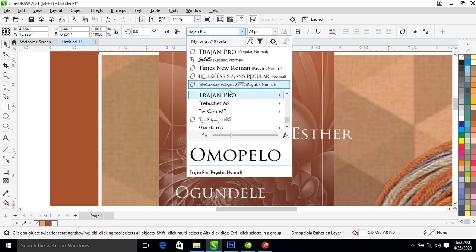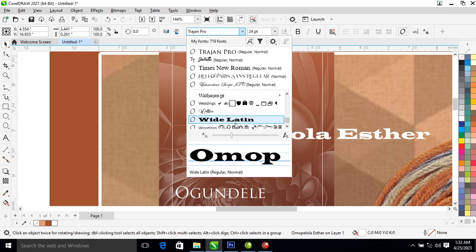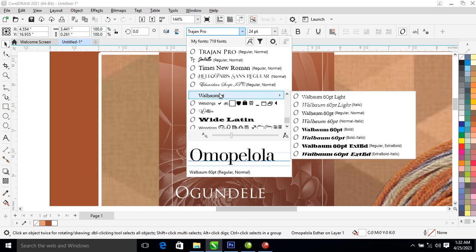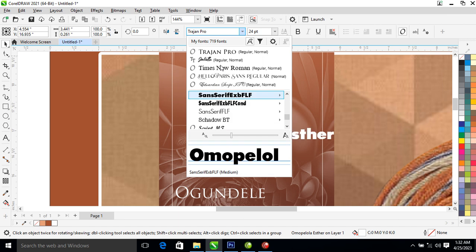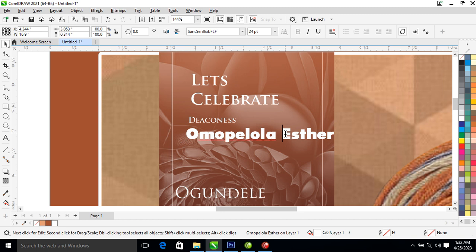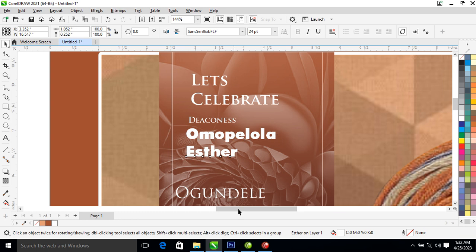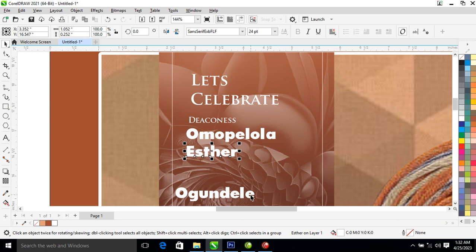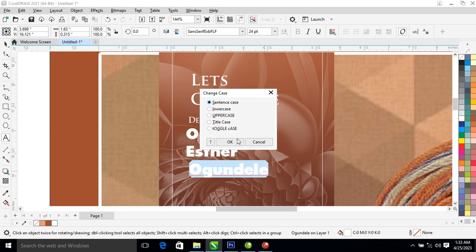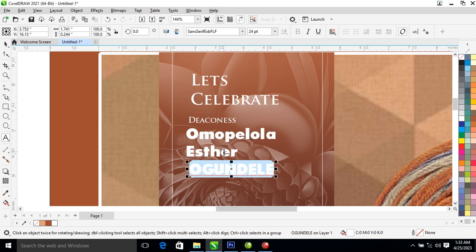So let's go ahead and choose Swiss. Or better still, sans serif, then hit Ctrl K, go ahead and copy a property, right drag on top of the Ogundele, then the menu pops up, then you select copy properties. So right now let's make this gap. So likewise the hairstyle,